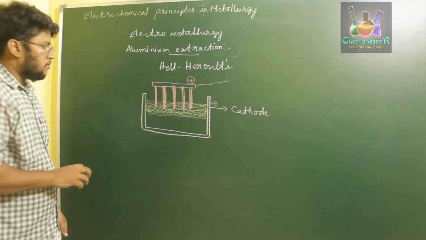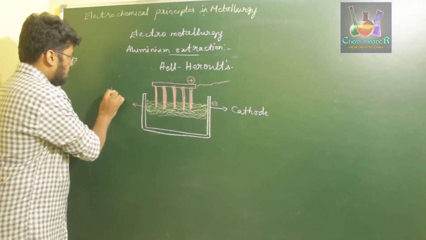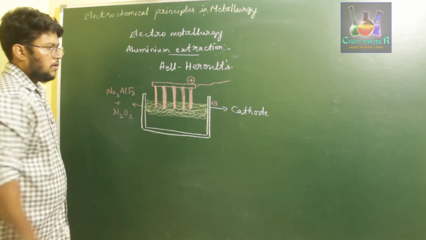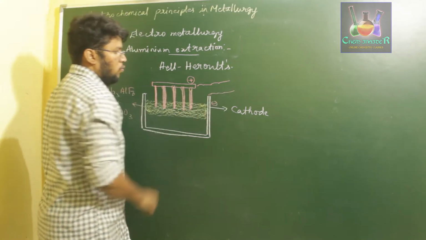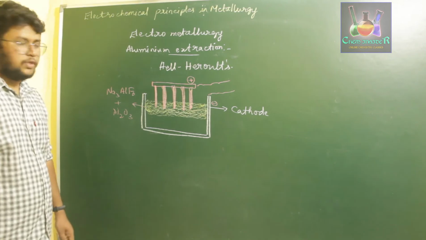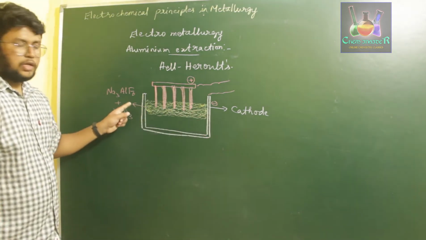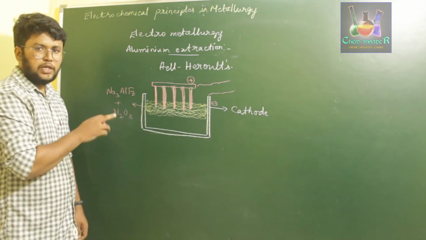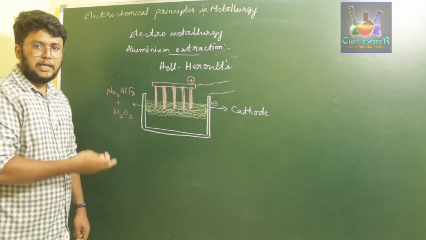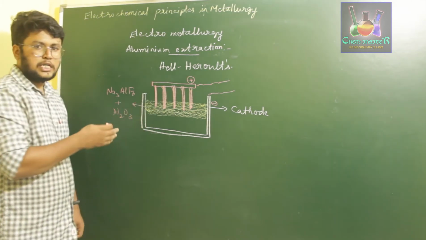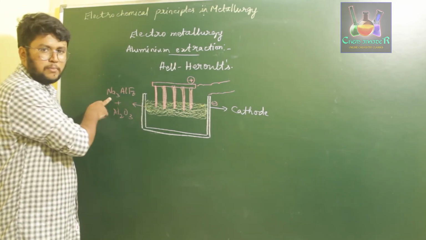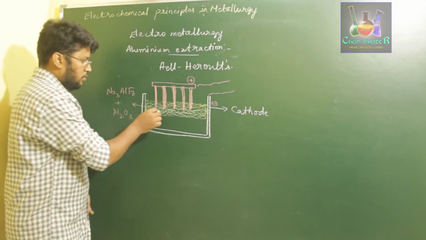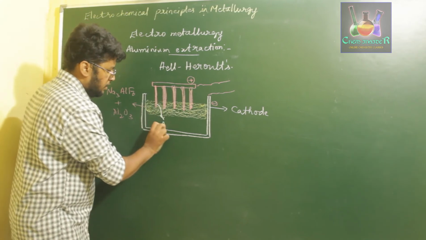Okay. Once this solution of Na3AlF6 along with Al2O3 is ready, we pass current through it with the help of cathode and anode. The aluminium compound present in the solution starts melting. This is the point where we use sodium aluminium fluoride, so this reduces the melting point. The aluminium present over here gets reduced to its respective Al.